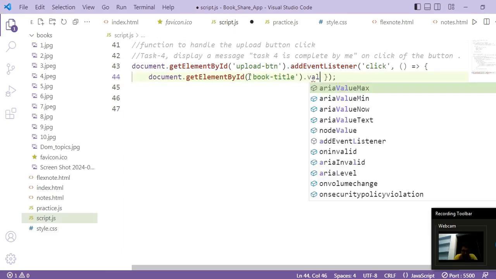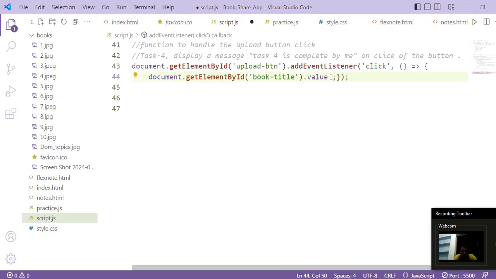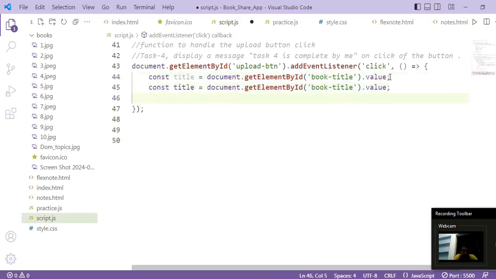So .value and semicolon, and assign it to a variable: const title equals.